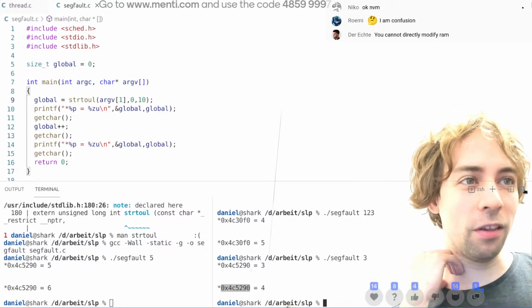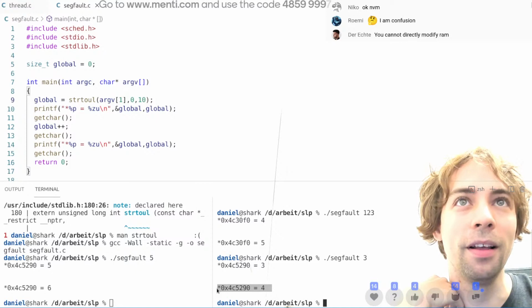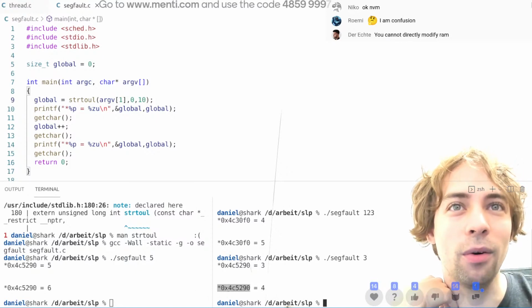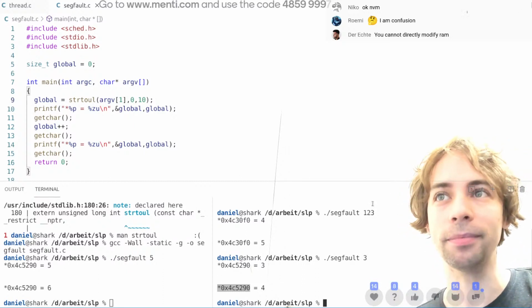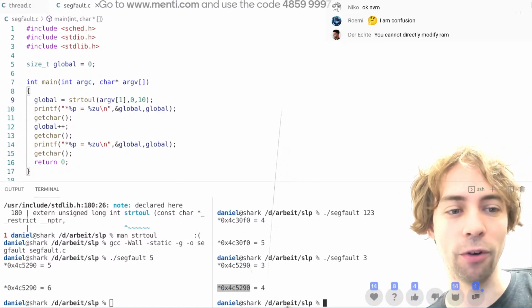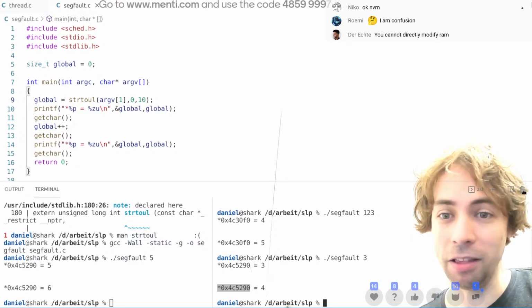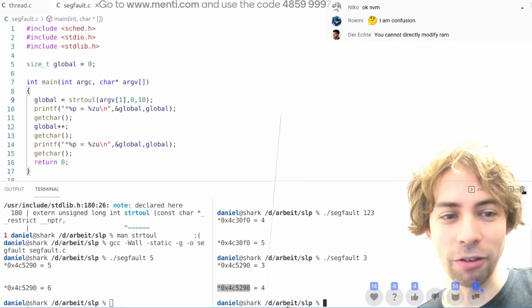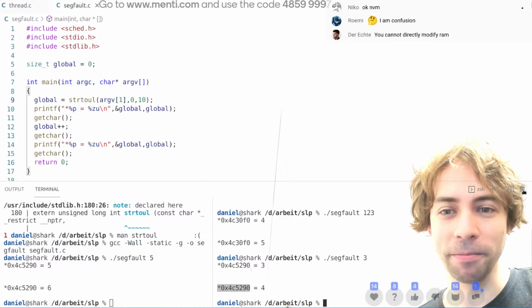In the chat it says you cannot directly modify RAM. Well, they do modify RAM, but this address will be translated to an actual hardware address. So this address for now doesn't mean anything. It's just a number within a program. Okay, that's interesting. So if this is just a number within a program,